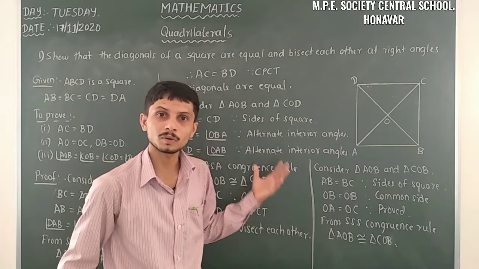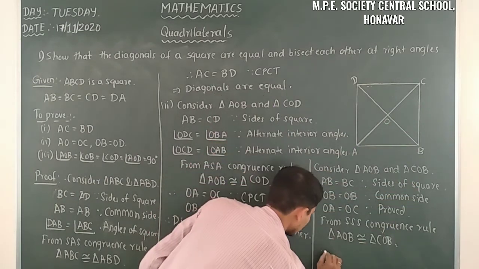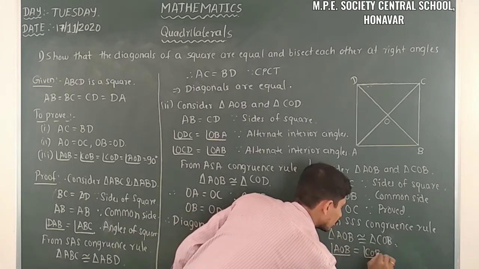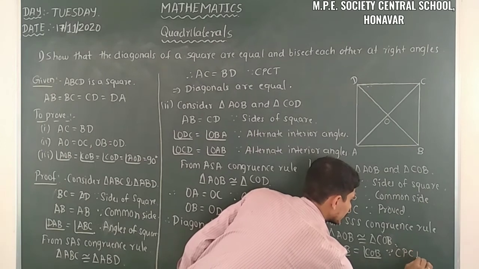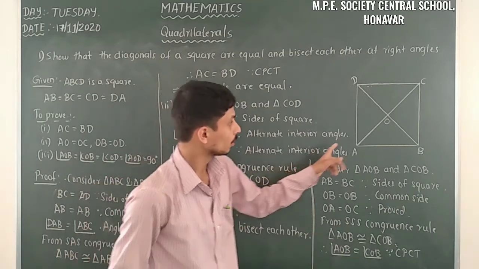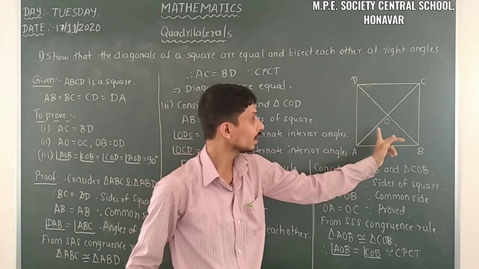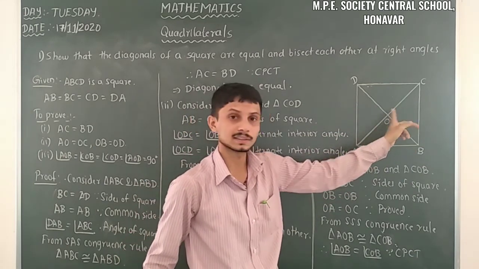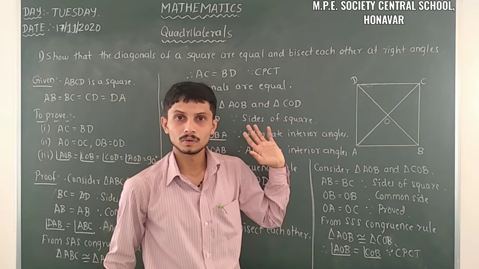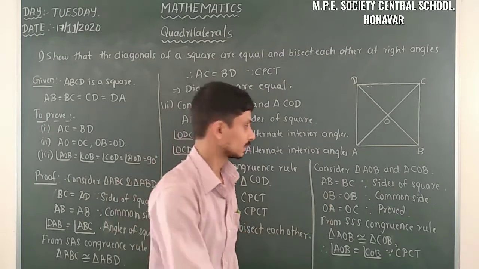So what do we have for our requirement for our proof? Angle AOB is equal to angle COB because of CPCT. When ray OB stands on line AC, we have a linear pair, and the sum of adjacent angles AOB and COB is supplementary. So we have to insert this axiom here. Let us take that one.